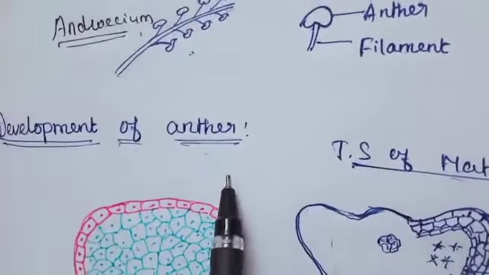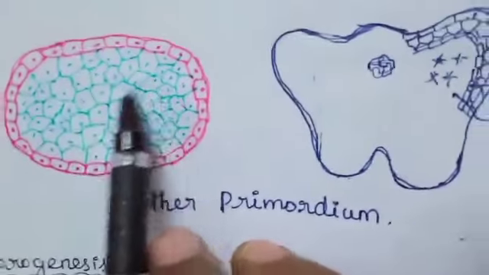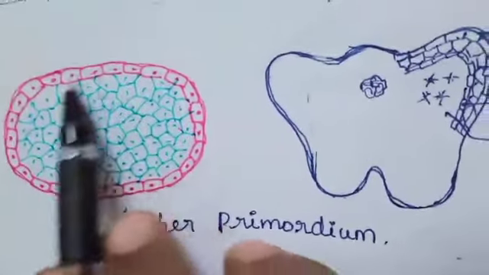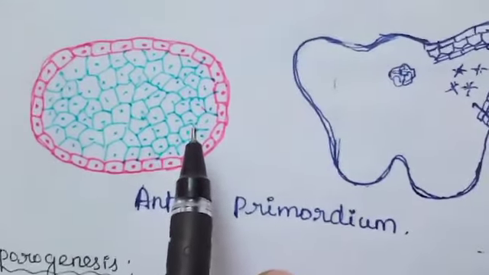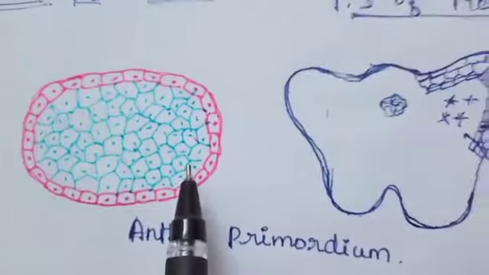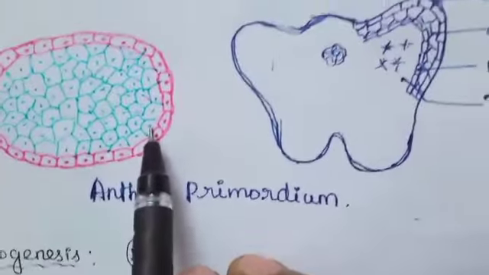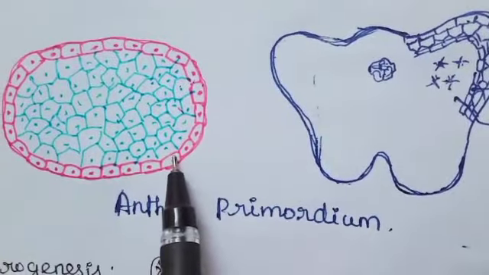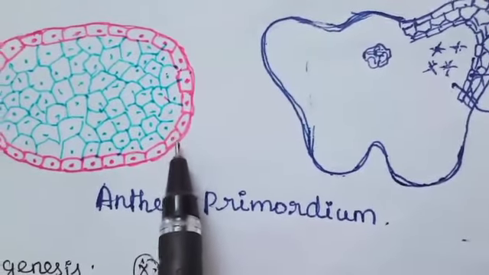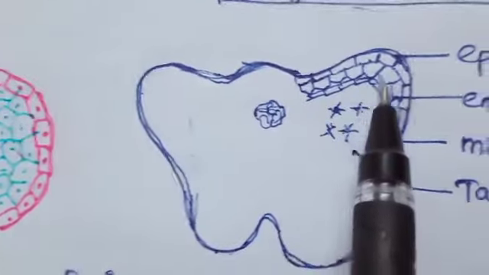Next, development of anther. A very young anther develops as a homogeneous mass of cells surrounded by an epidermis. During its development, the anther assumes a 4-lobed structure. Each lobe has a few rows of hypodermal cells that become enlarged with nuclei. The archesporial cells divide by periclinal division to form primary parietal cells towards the epidermis and the primary sporogenous cells towards the inner side of the anther.